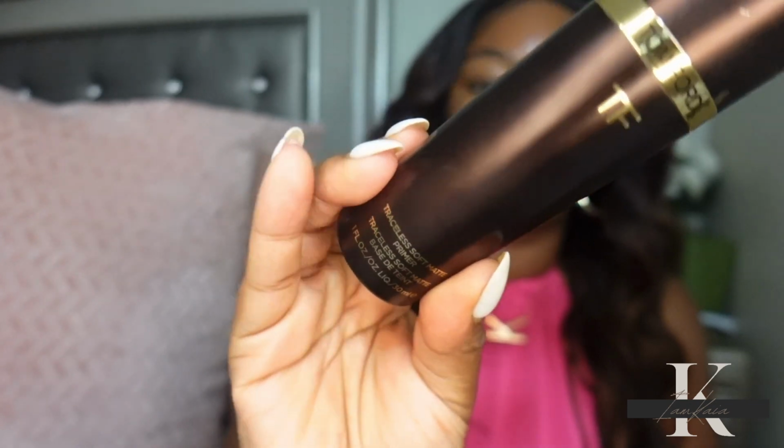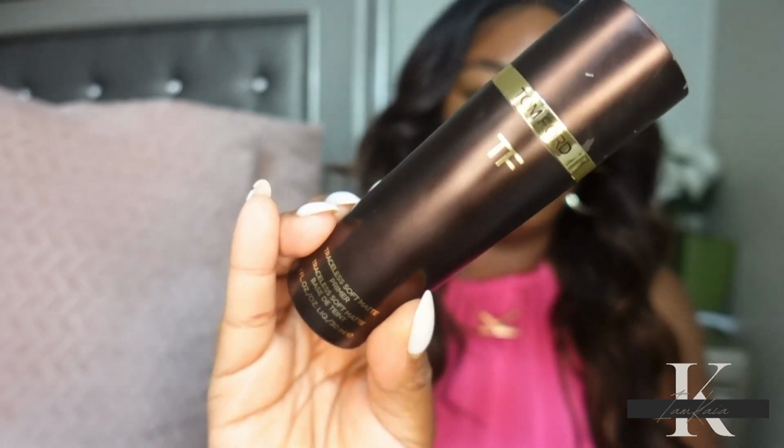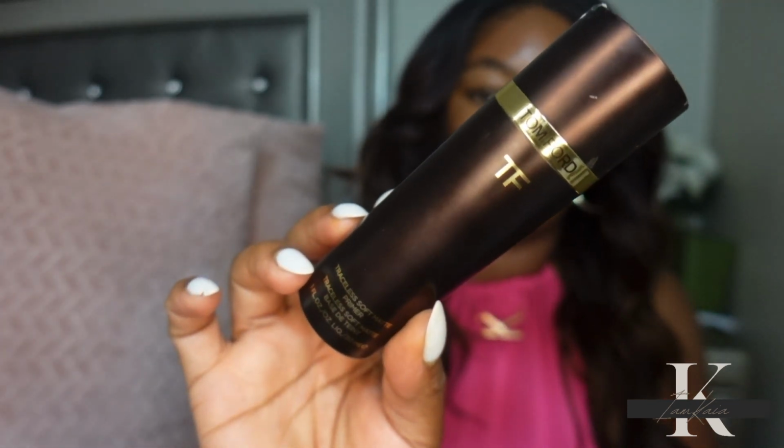Now we're getting down to my favorite makeup products from Tom Ford, and the first one is the Tom Ford Traceless Soft Matte Primer. Y'all know I talked about this all of last year when I first got it. This is one of my go-to primers. I actually have it on today. Matte primer, but it's not overly drying. Somebody with dry skin can actually use this, and this is great also if you have oily, acne prone skin,